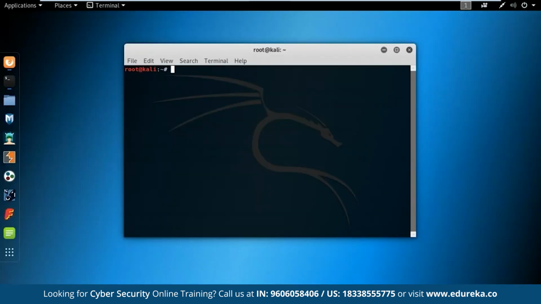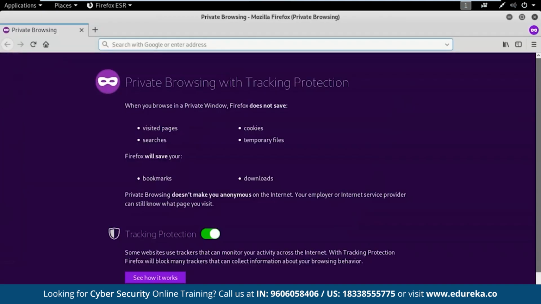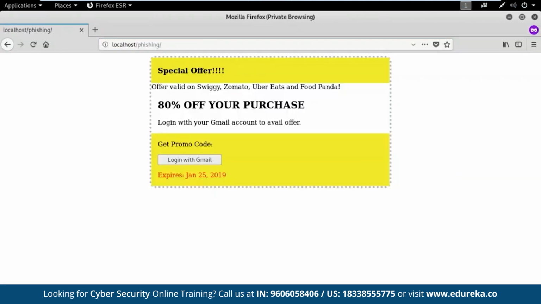Now coming back to the Kali Linux operating system, I have created a phishing page that I will show you. I have created a phishing page that gives you some offer. There's a special offer. And when I was creating this phishing page, I had this one friend in mind that